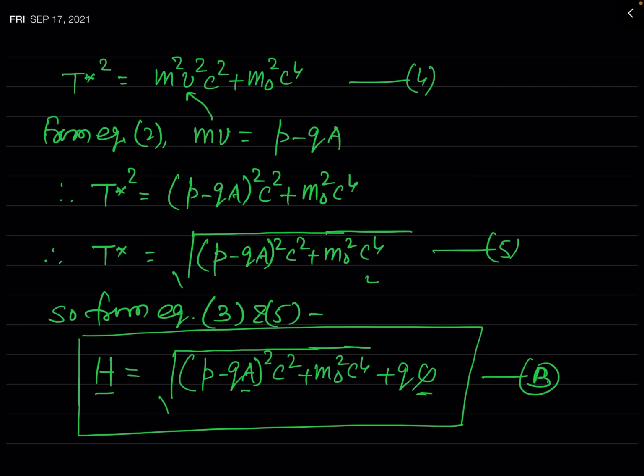And now after these two lectures, I hope you have understood how we can obtain the expression for the Lagrangian and Hamiltonian of a charged particle moving in an electromagnetic field when the motion of the particle is either relativistic or non-relativistic. In these two lectures we have discussed all these things, and I hope you have understood the derivation. So try to understand and write it down in your own language.